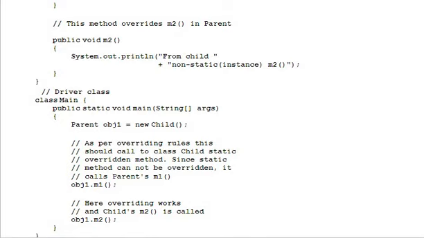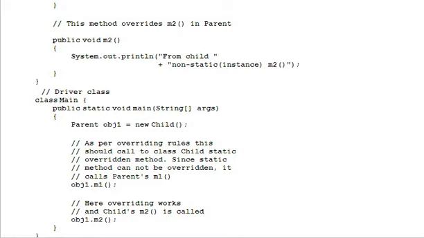Look at the main class object. Parent obj1 is equal to new Child. Look at this clearly. As per overriding rules, this should call the Child class static overridden method. Since a static method cannot be overridden, it calls Parent's m1, obj1.m1.